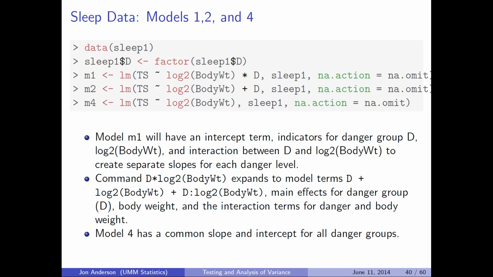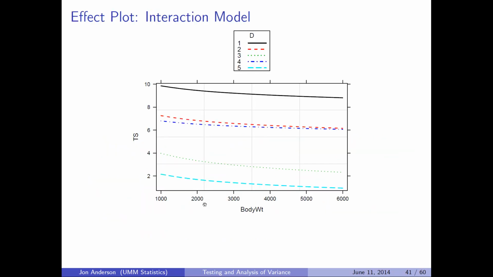That is going to create separate slopes. Model M2 is going to have lines for the different danger groups that have the same slopes, just different intercepts. And model M4 is going to have the same slope and the same intercept for all danger groupings. Here is an effect plot for model M1 that has interaction between danger group and log body weight,